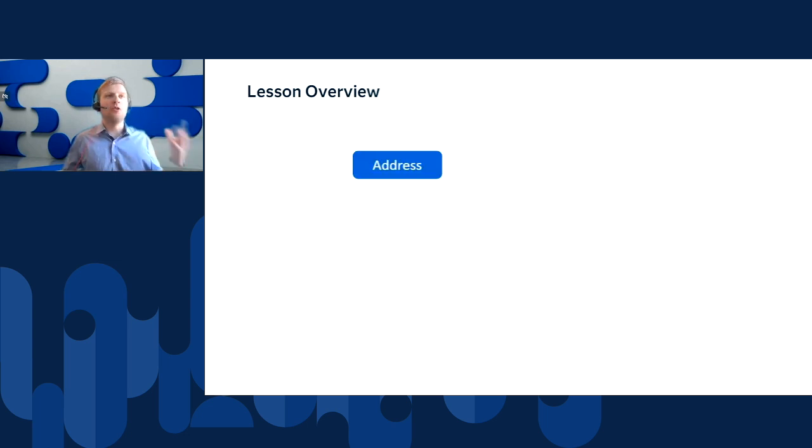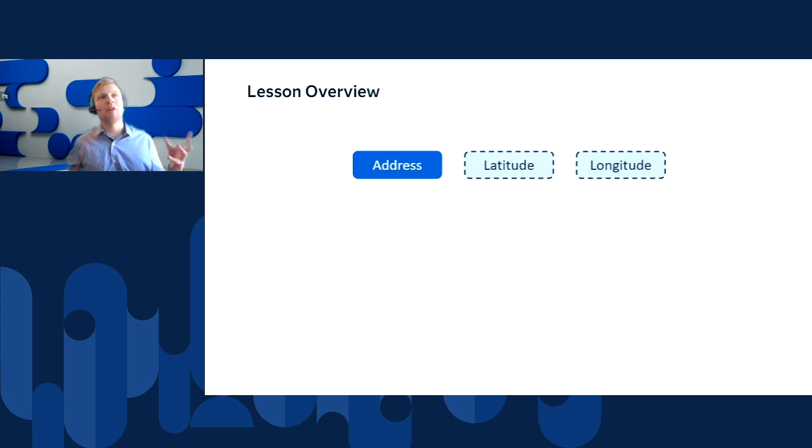So we all know that addresses have some sort of geographic spatial component, but they don't include these latitude and longitude coordinate values that we can use to create a geography data item and plot on a map. You and I might be able to look at an address and say we know where that goes, but SAS Viya can't do that out of the box. We can't directly plot an address text string without additional information, that latitude and longitude value.